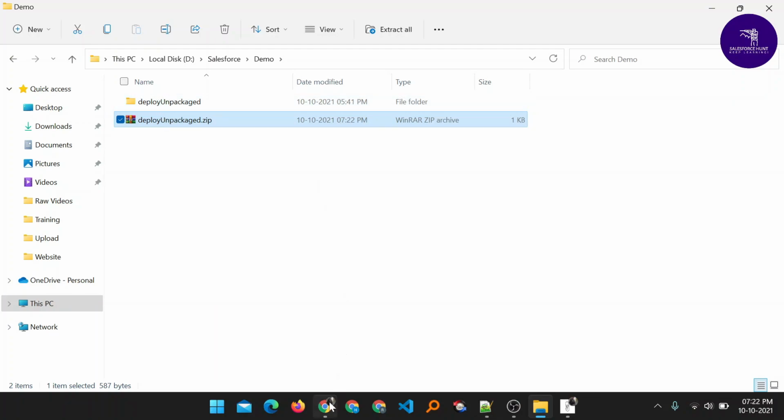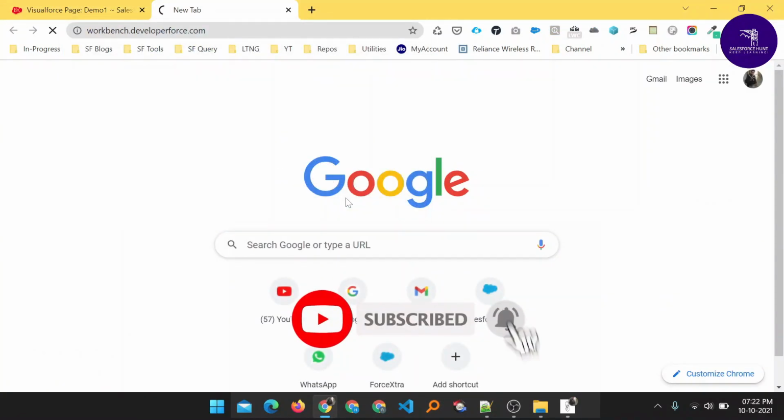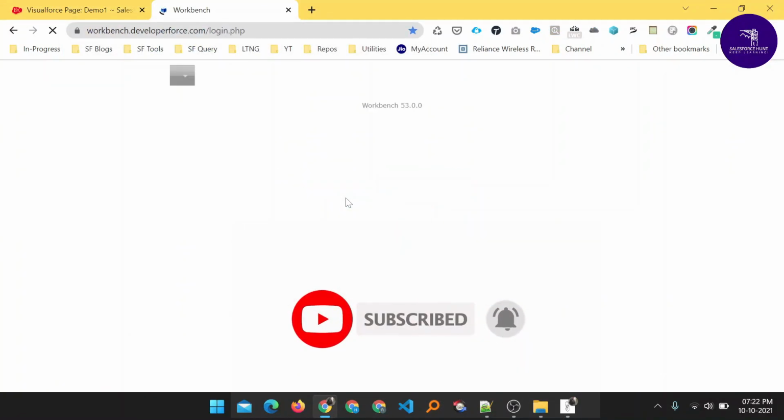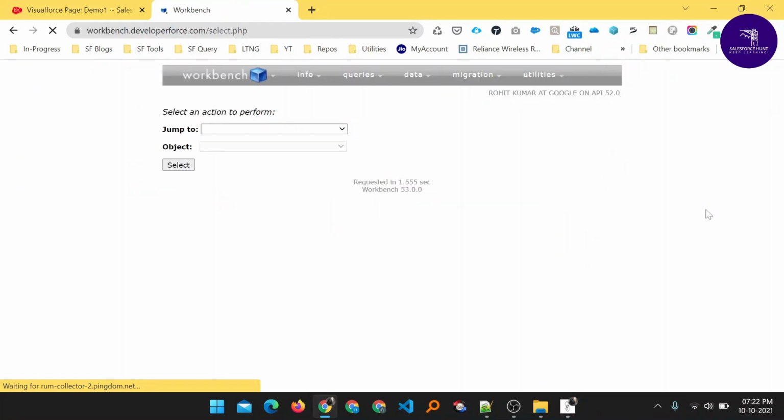Let me log in to Workbench, and with the help of Workbench we can delete everything regarding this destructive package. Let me log in with Salesforce. Once you log in, you can see this environment.